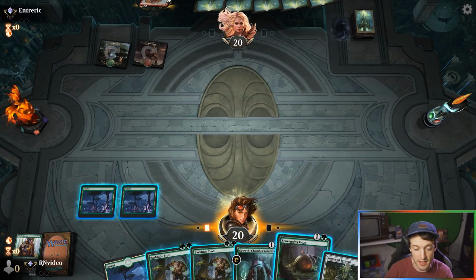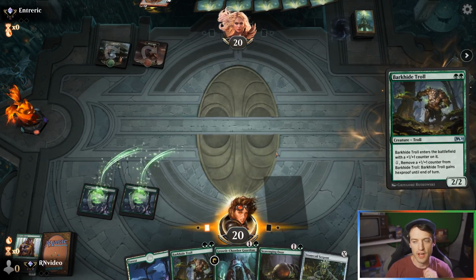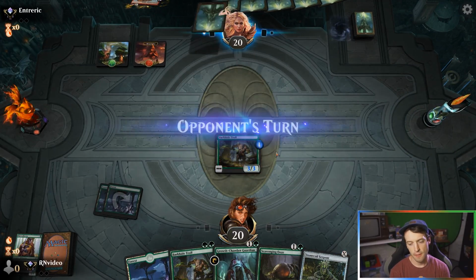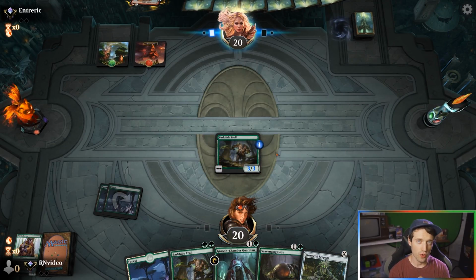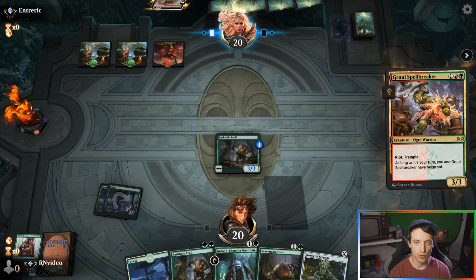Scavenging Ooze might actually come in handy here because it's going to be a creature deck and we're going to be able to gain some life, potentially. Let's see, what's the play here? I think we go Barkhide Troll just because we'll be able to block some of their hasty creatures, and we'll be able to save the Stonecoil Serpent until a little later when it can come out to be something that can block like a Gruul Spellbreaker